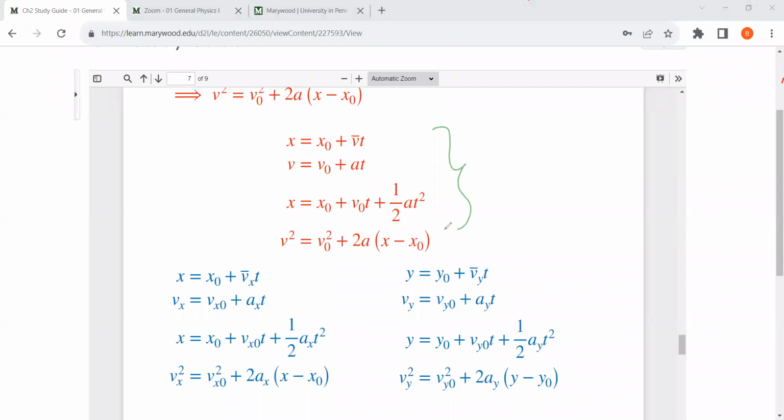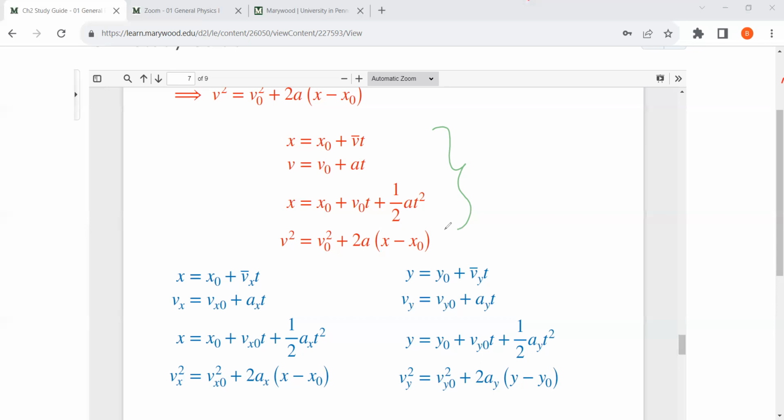So these are the four equations, and we call them the kinematic equations. In this course, you will be seeing that we use these four equations so many times, so it's better to understand what they mean. It's okay if you don't want to know how I derived them, but it is important to know